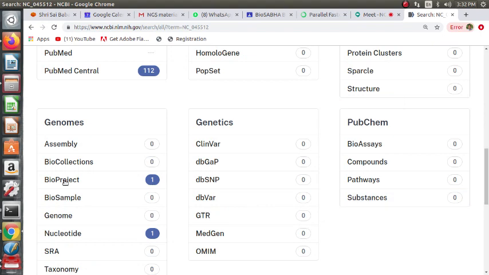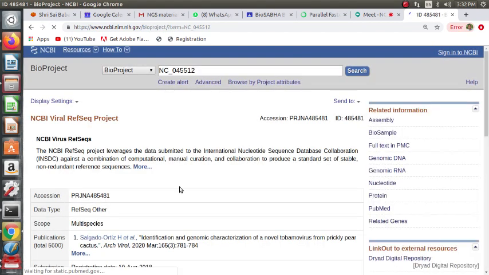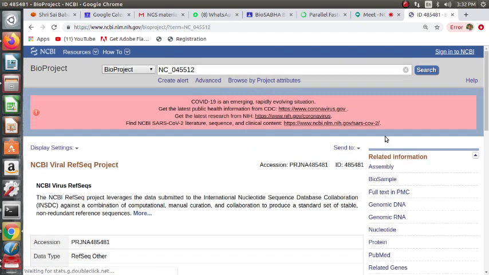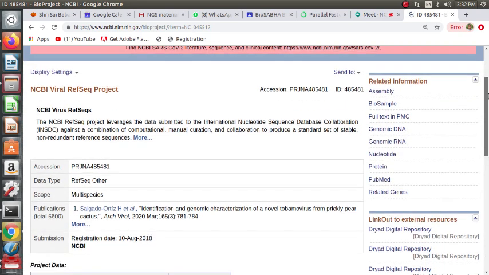So the bioproject you get here, right? You get the bioproject for the accession for the sequence, and the NCBI virus reference sequence, the bioproject viral accession number.